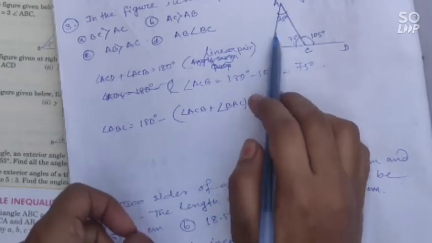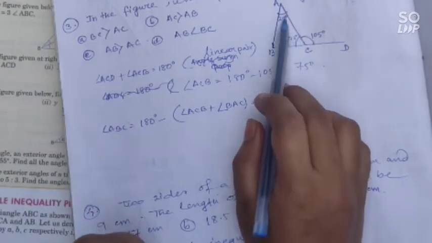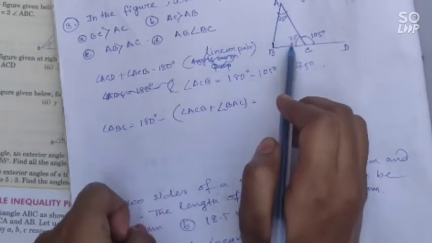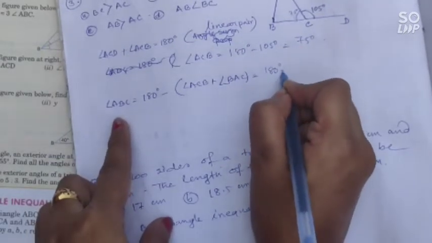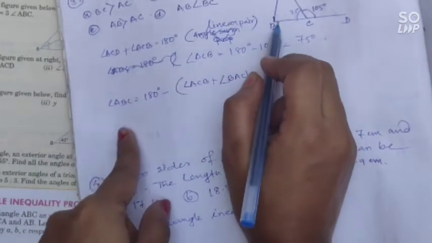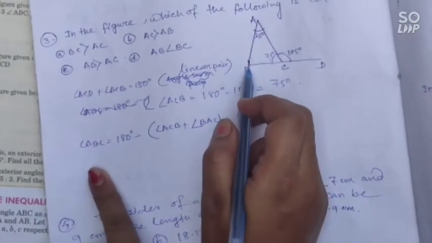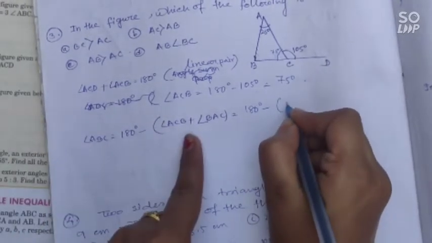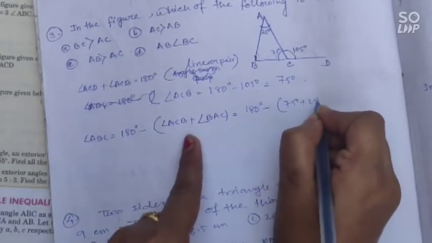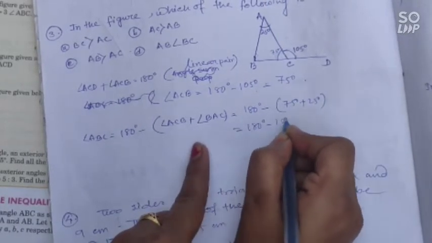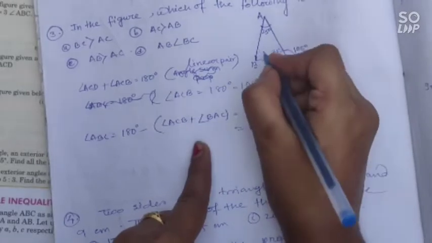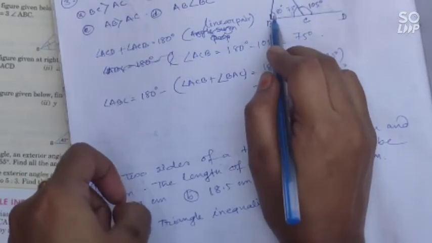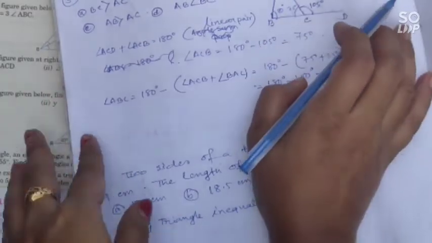তাহলে এখানে যেহেতু তিনটা অ্যাঙ্গেলের সাম 180 ডিগ্রি, এখানে দুটো অ্যাঙ্গেল দেওয়া আছে, তাহলে এই অ্যাঙ্গেলটা আমরা কিভাবে ফাইন্ড আউট করব? 180 ডিগ্রি থেকে আমরা এই দুটো অ্যাঙ্গেলের সামকে সাবট্রাক্ট করে দেব। Then you can find the measure of angle ABC. 180 degrees minus (75 degrees plus 25 degrees), so 180 degrees minus 100 degrees, this will be 80 degrees. Okay, so angle ACB is 75, angle ABC is 80 degrees, angle BAC is 25 degrees.